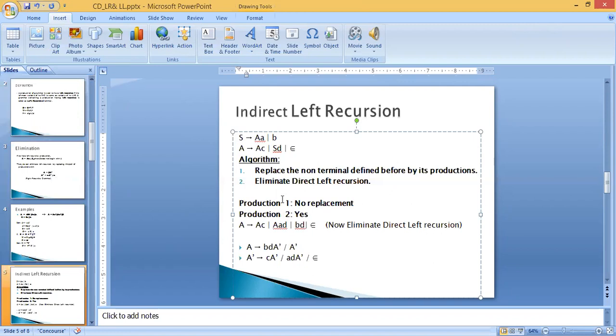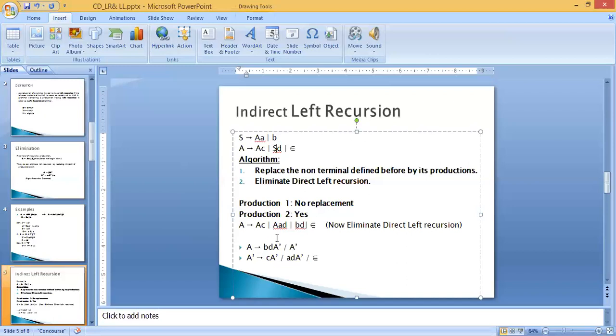So remember there is a concept called indirect left recursion, which is not very clearly visible. If you observe deeply and find there is indirect left recursion, there is a method to remove it. That is, you have to replace the leftmost non-terminal on the right hand side by its production, if it is defined earlier. In the process of replacing, you get this for this example. So this is now easier, right? Now you can eliminate it through the previous direct left recursion method.